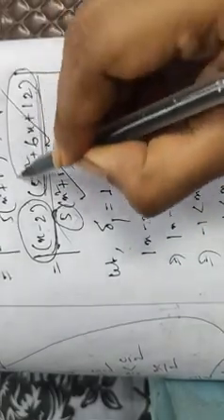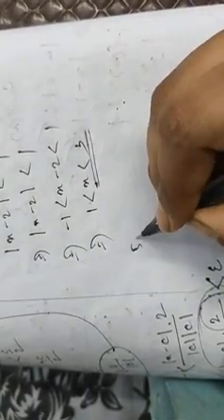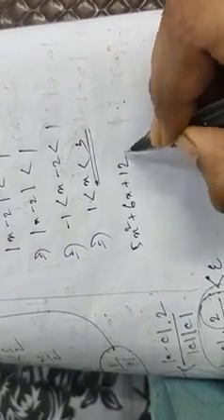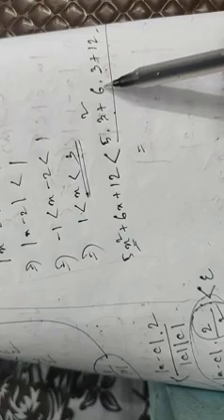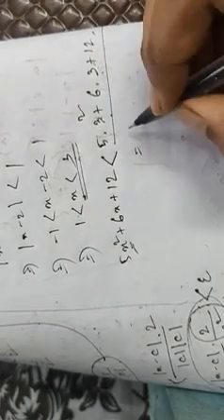Now check this part, 5x square plus 6x plus 12. We get that x is less than 3. That means from there we can write 5x square plus 6x plus 12 should be less than 5 into 3 square plus 6 into 3 plus 12. Right? We are just putting 3 instead of that x, because x is less than 3. Now calculate: 5 into 9 is 45, plus 18 plus 12, that is 75. So we get that this upper numerator part is less than 75.